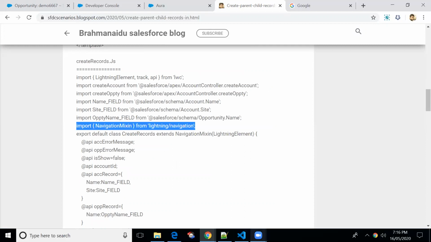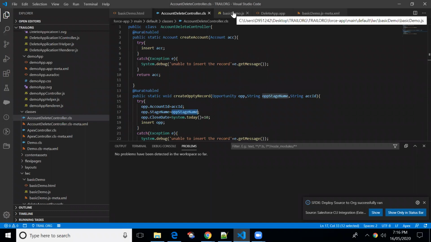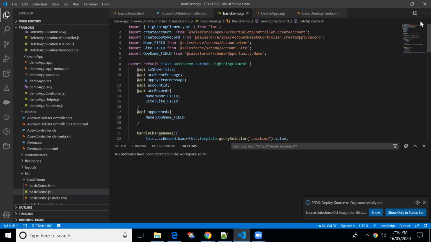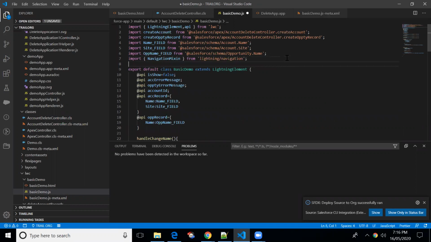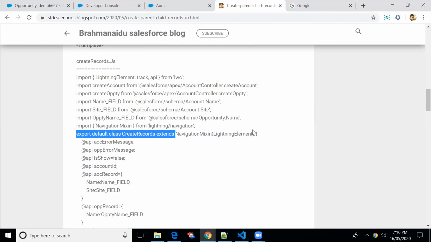I'll be importing this. Let me go back to JavaScript. We need to change the component a little bit. We need to put NavigationMixin, and then change the code a little bit. I'm just copying this.